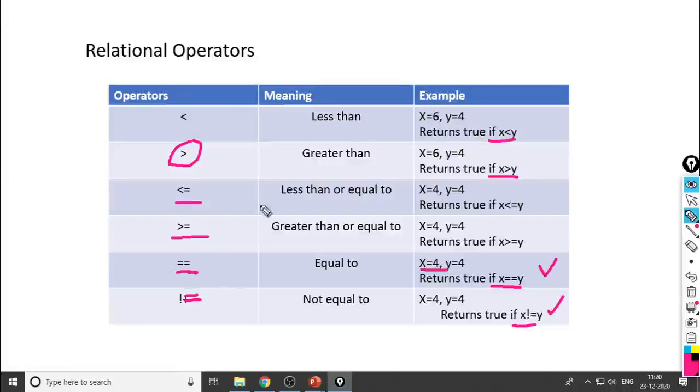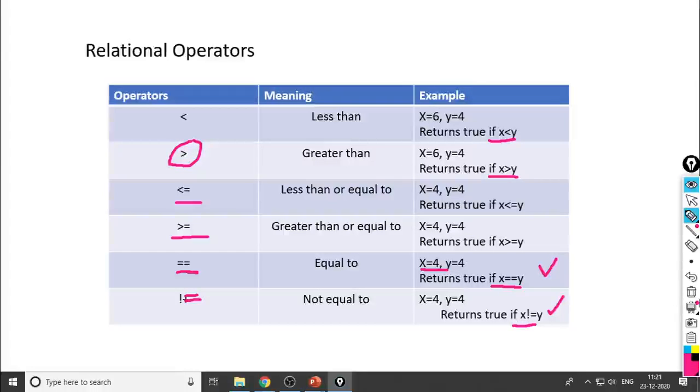So these are the relational operators. Once again I revise this one: less than, greater than, less than or equal to, greater than or equal to, and not equal to. So we are going to use mathematical operators as well as relational operators in the branching statement.